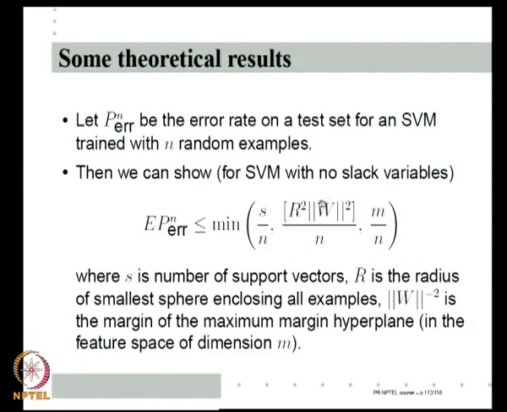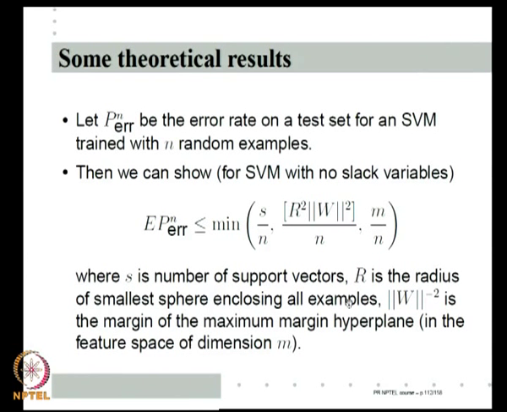So, essentially this keeps decreasing as you increase the margin. Third is the usual thing, your dimension m by the number of examples n. So far, we only know this from our VC theory, because for linear classifiers, VC dimension is essentially proportional to the dimension of the feature space. So, m is the dimension of the feature space and n is the total number of examples, right. This is for SVM with no slack variables, you are learning a linear classifier in an m-dimensional space. Okay.